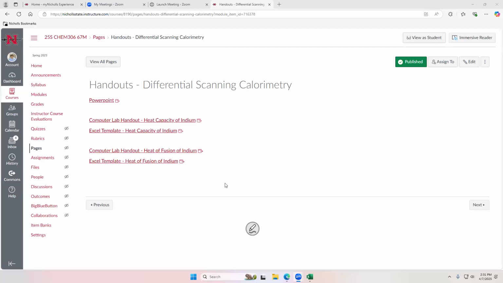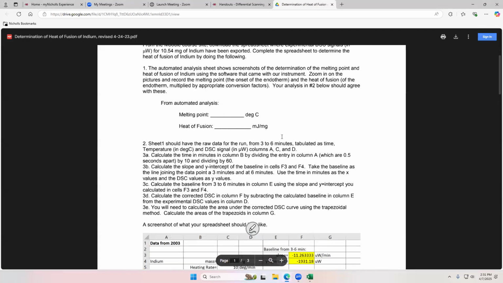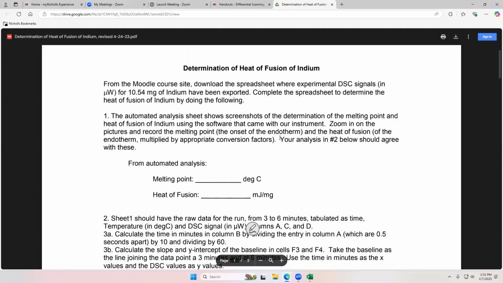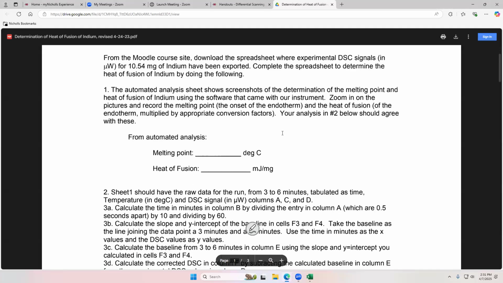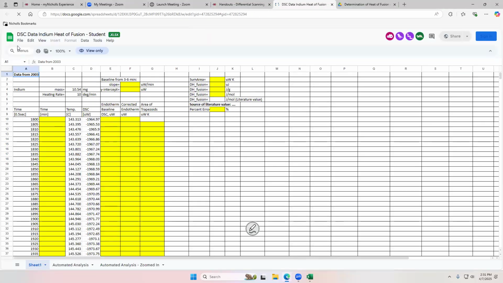All right, so now that we've done the heat capacity of indium, let's go on to the heat of fusion of indium. So here's the handout. And you'll have a spreadsheet that you need to download again. This is the Excel that has the data for determining the heat of fusion of indium. So go ahead, open that template,